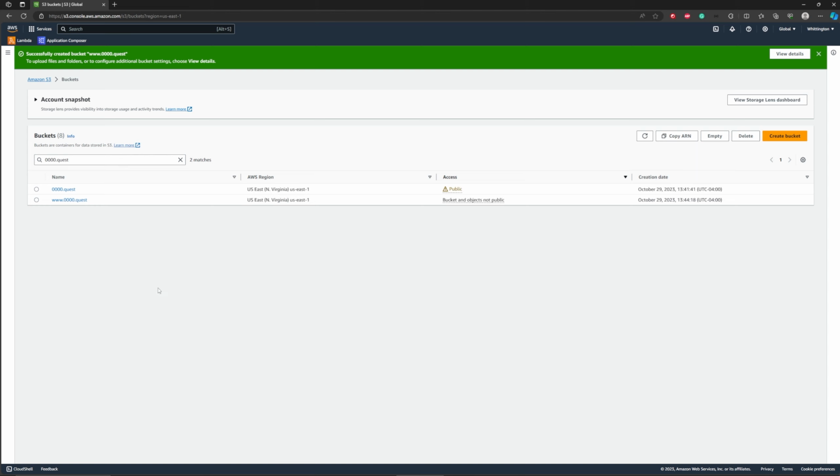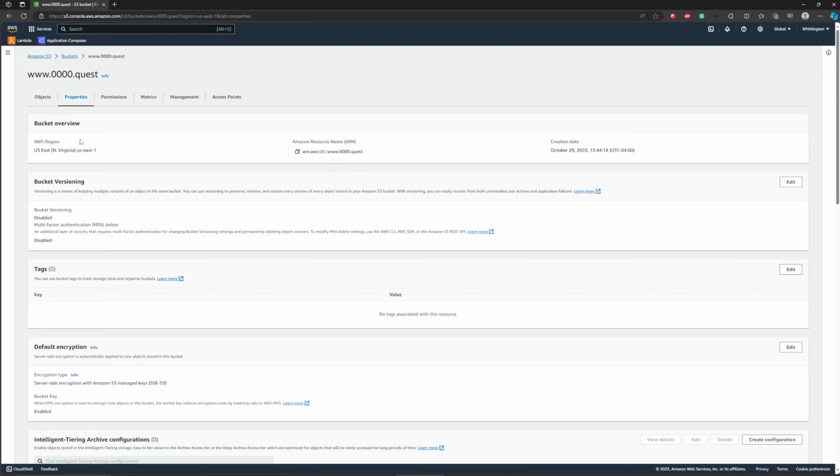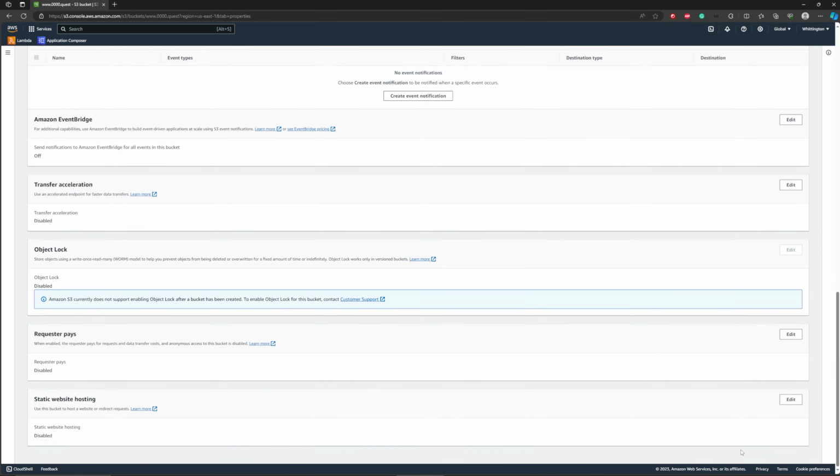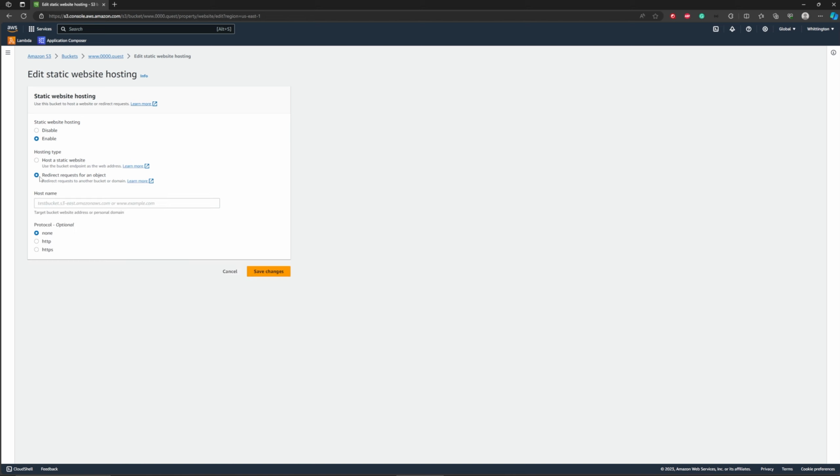All right, so we're gonna go ahead and leave that. And now we're gonna have to configure this one more time. We're gonna go into properties, and then scroll all the way to the bottom, enable static hosting. Like I mentioned earlier, we're going to use a redirect here, and we're going to switch this protocol to HTTP, and we're going to